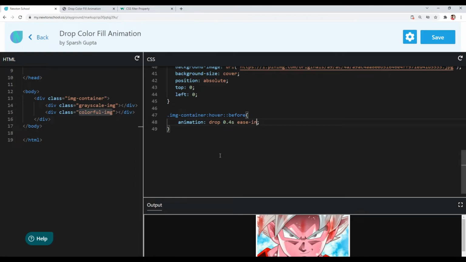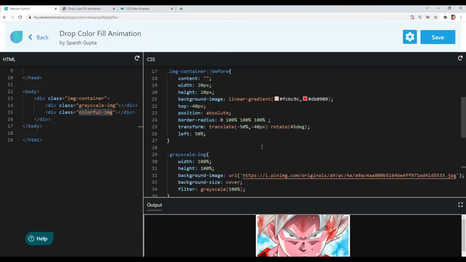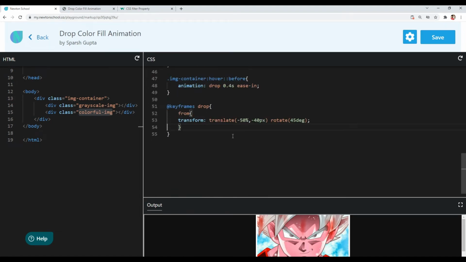Now let's create the animation. I will use the keyframes at-rule, and the name of the animation was drop, so I will write drop here, and let's animate the drop. I want to animate it from its initial position. Its initial position was this, so let me copy paste it here, and we want to animate it from this to, we will move it down.